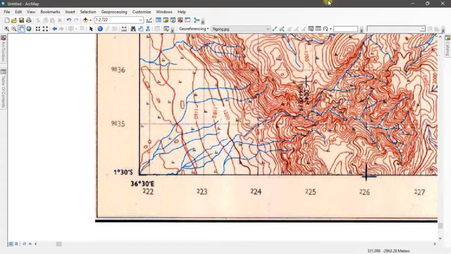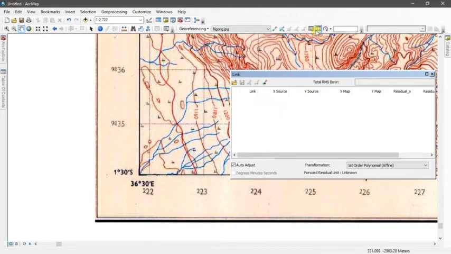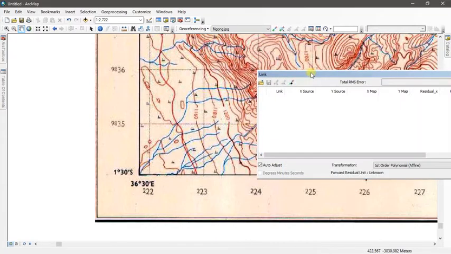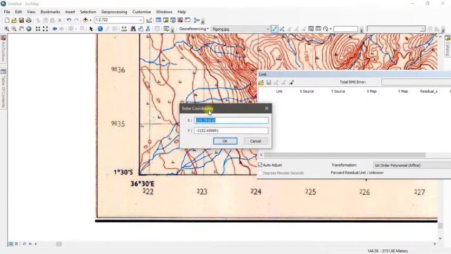There you go. And of course, always have the link table. It's good to see what you are doing. Okay, so again on this you just repeat the same. If I can just show you, we can add 1 point. There you go. That means my x is 222,000.